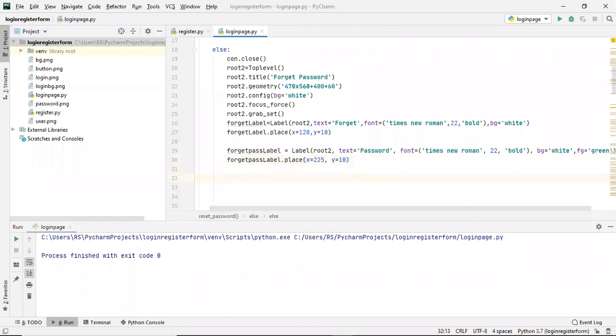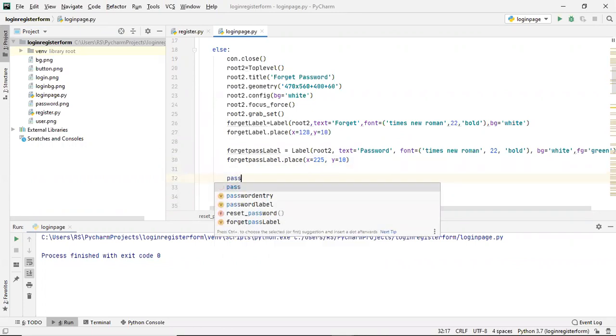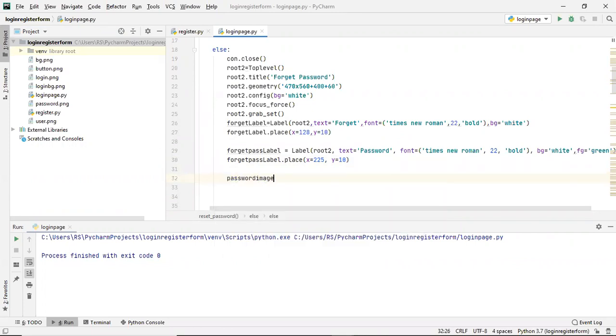Now we need to add this particular image on a label. So first of all, let me create an object of this image. So password_image equals PhotoImage class, and inside this we have to pass the file name, which is password.png.